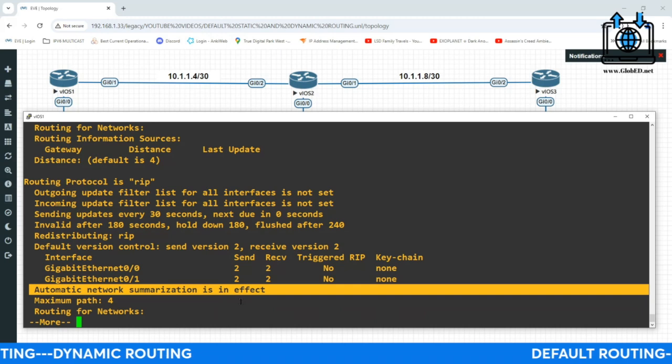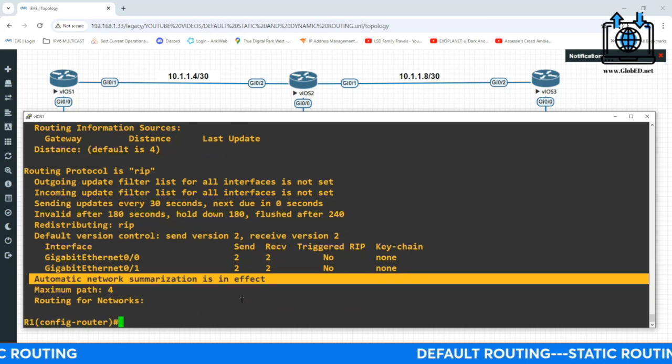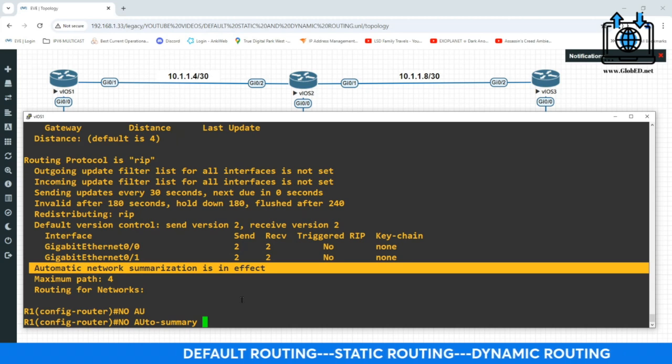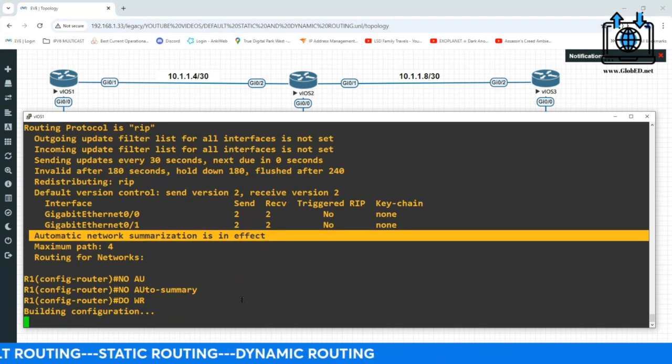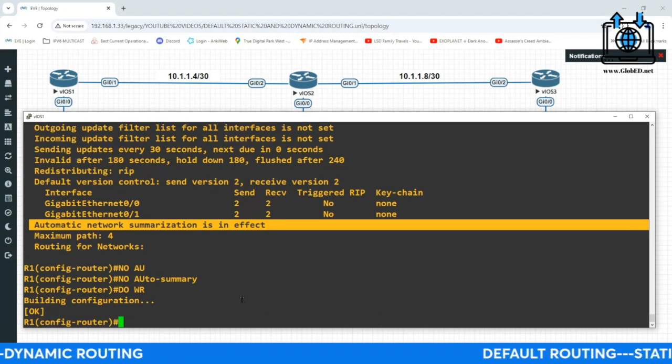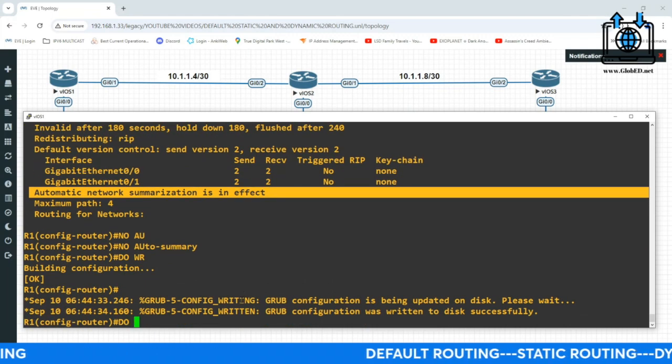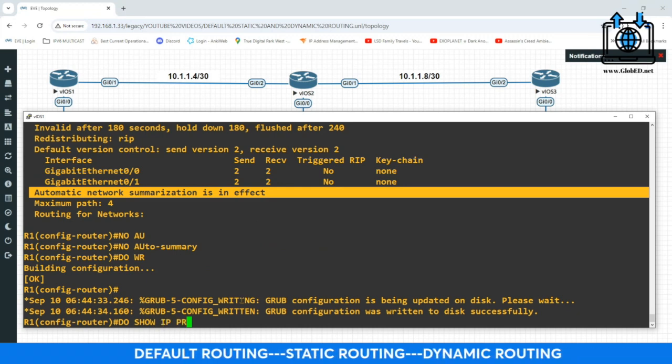So you see that this is on right here, right? So when I do no auto-summary, and let me save that so I don't forget, that's going to go away now. Let it finish doing its thing. Do show IP protocols.